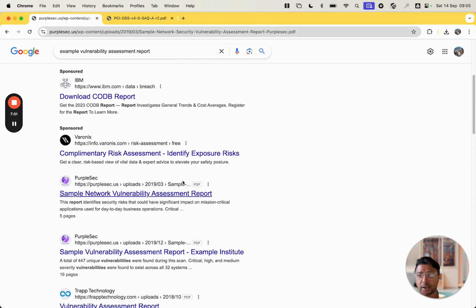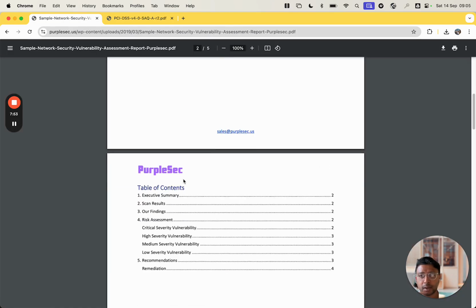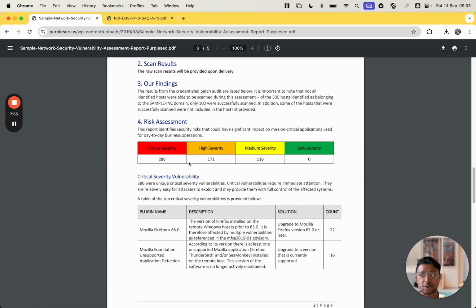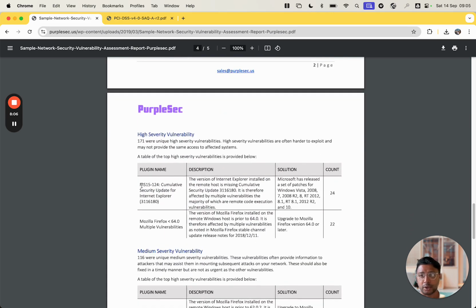Okay, so let's say purple SAQ, right? So yeah, you can see here the scan results. So you see here risk assessment. You have critical severity, high severity, medium severity, low severity, etc. And so these reports will find these kinds of vulnerabilities in your applications and infrastructure, and they'll mention what the description is, and